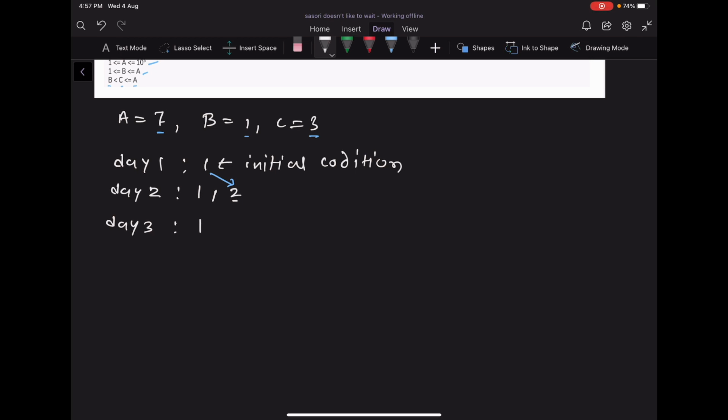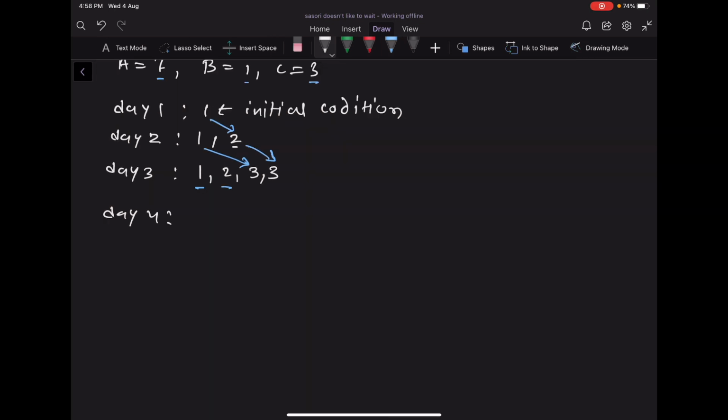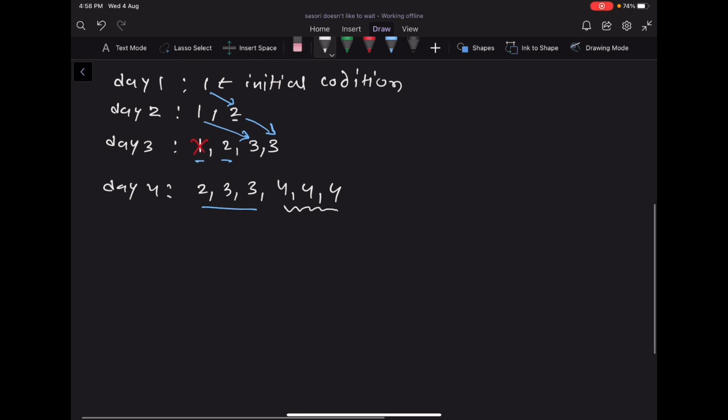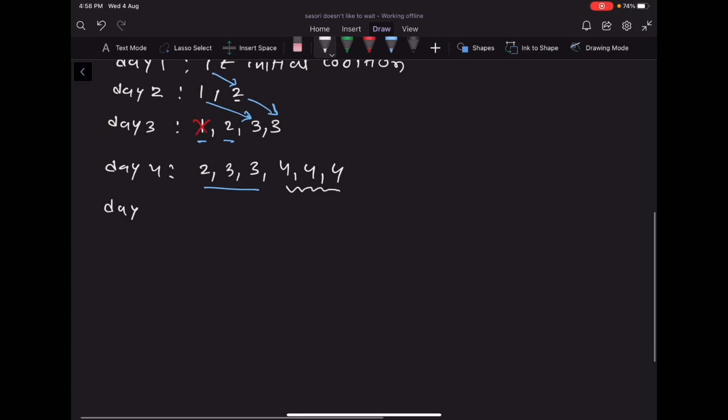the virus which was initially there on day 1, the virus created on day 2, and two new viruses will be created on day 3. These two new viruses are created by this virus and this virus. On day 4 this virus will die because it has been 3 days since its birth. So from day 1 to day 4, 3 days have passed, so this virus will die, and all the remaining viruses we will write here, and these 3 viruses give birth to 3 more viruses, and we will write 4, 4 and 4. So this means that these 3 viruses are created on day 4, and on day 5